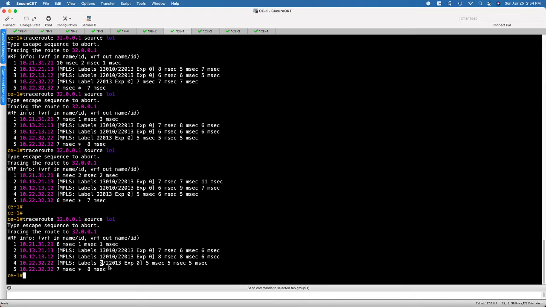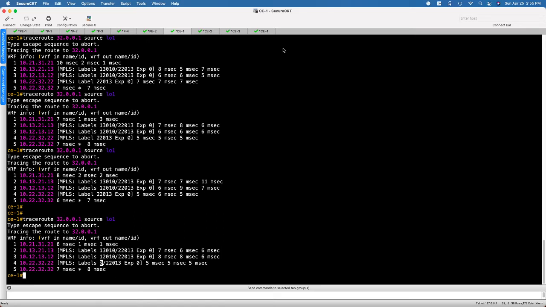So that's synchronization, session protection, and now explicit null. Explicit null doesn't really have much to do with either of those prior topics, but I figured it might be something cool to show. So now we have 2 more features to look at. We have MPLS-TE, and then we have